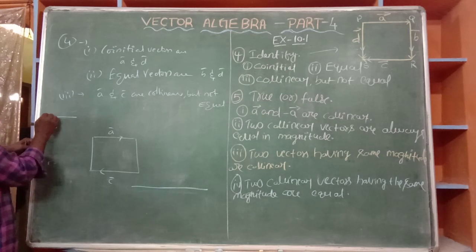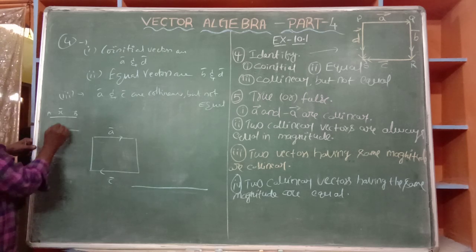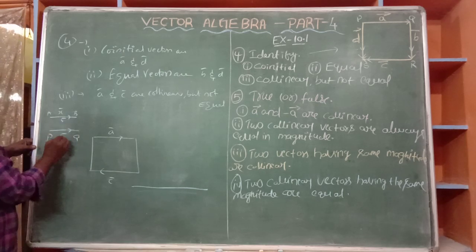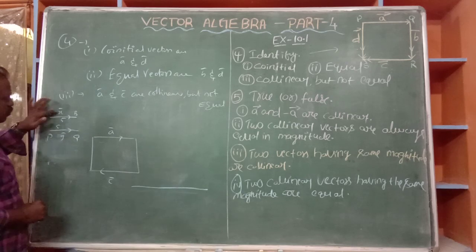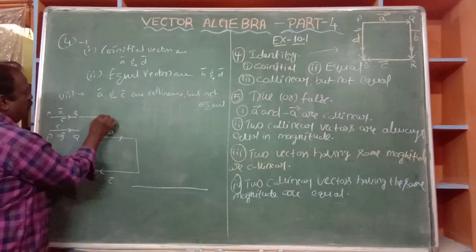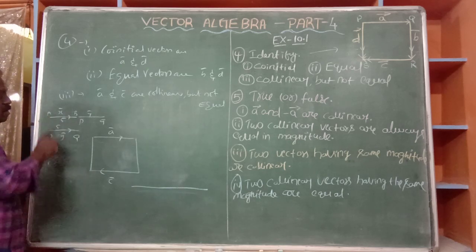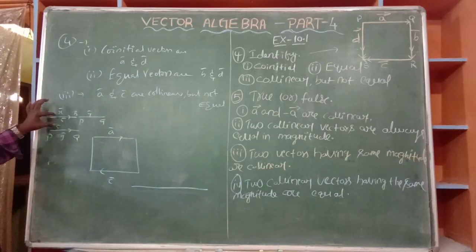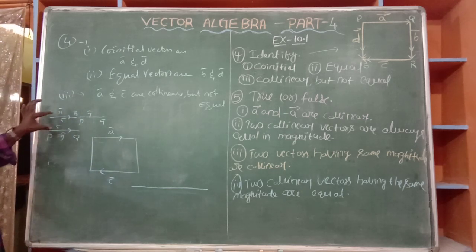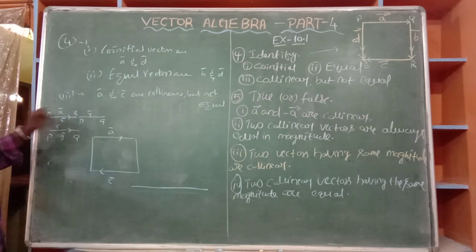This is a B bar, X bar. It has the same length, say 5 units. It is a PQ bar, same direction. This is a Y bar. X bar and Y bar are equal. Now, if this PQ bar is here also, it is also equal. But the concept is it must be in the same direction, not in the opposite direction, parallel. By using this concept, here x bar and y bar both are equal vectors, both are the same.